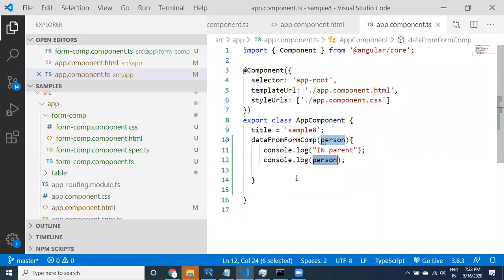I'm getting data from the form component to the parent component. Now whatever data we are getting, that data can be passed to the table component. I want to do that in the next step. Until now, do you have any doubts, guys?